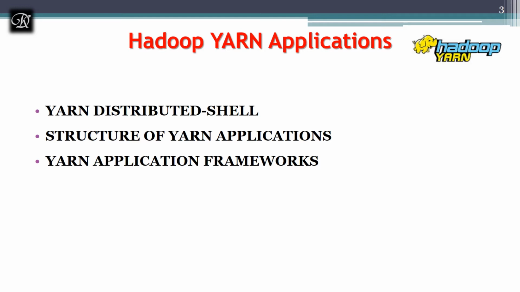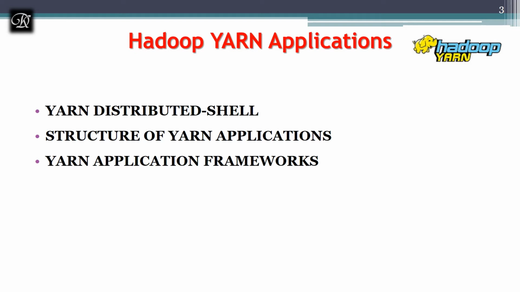Yarn stands for Yet Another Resource Negotiator. I have told when I was discussing Hadoop in module 1, there are versions of Hadoop: version 1, version 2 and version 3, which is currently running. In version 1, when I started Hadoop in my demonstration, I told you there will be some resource manager and all. But when it comes to version 2, that has been changed to Yarn. So Yarn is the one which is going to take care of the resource. That's why Yarn is also called the resource manager.